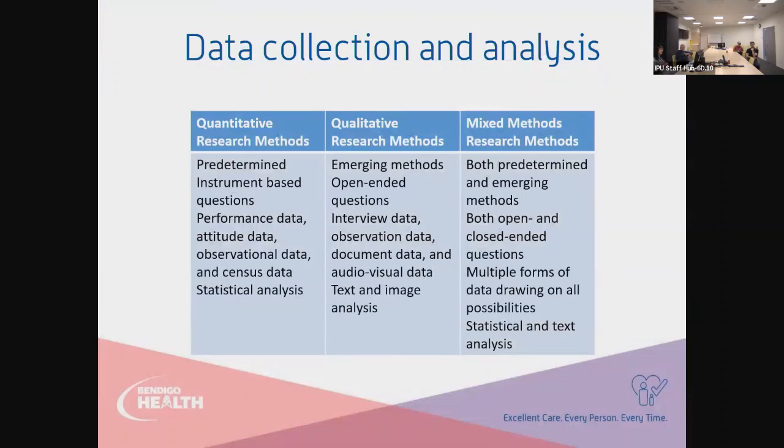And it's the same with data collection and analysis. In quantitative, it's very much predetermined, and in qualitative, it's very much emerging. Quantitative, it's instrument-based questions. You look at performance data, attitude data, observational data. That's where census data is looked at, and involves statistical analysis, whereas qualitative is much more open-ended, interview data, audio, visual, text and image analysis. Developing